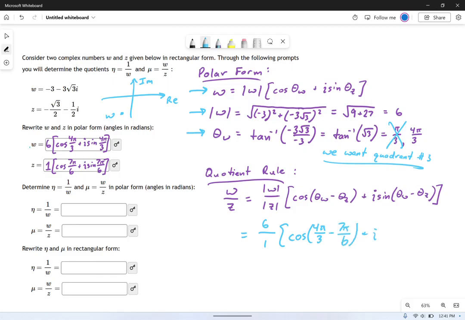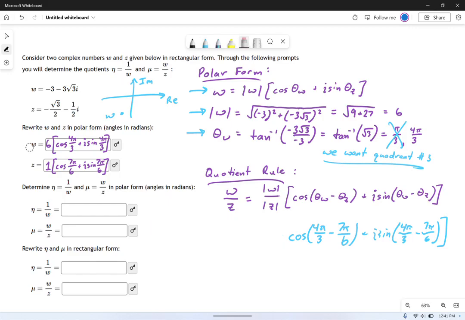And we're simply going to do that same exact thing for the i sine portion. Okay, you again have 4 pi over 3 minus 7 pi over 6. Okay, so my writing's getting a little sloppy there. And now you simplify. This is your answer. We can clean that up a little bit, right? You could say what 4 pi over 3 minus 7 pi over 6 is, right? I think that's going to be like pi over 6. So you could write this a little cleaner. But essentially, this is how we use the formula.